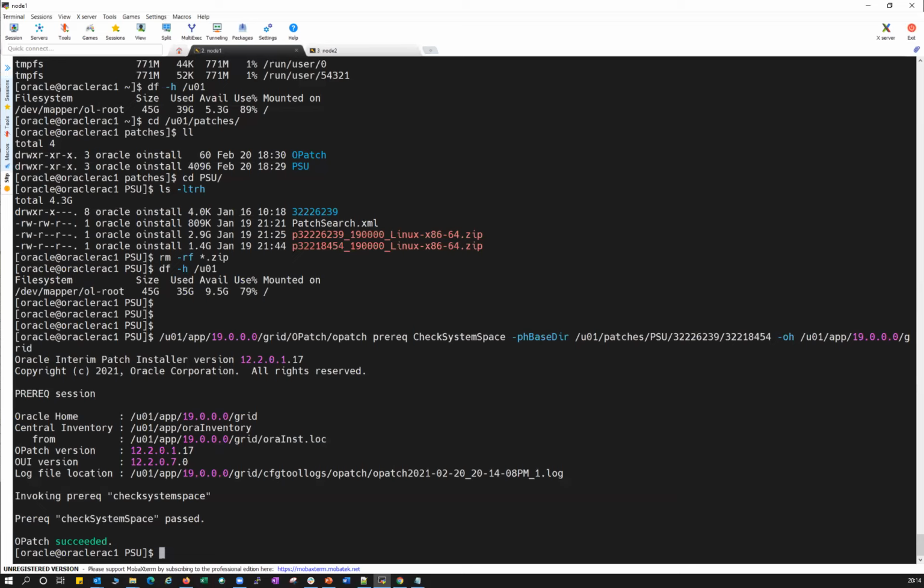Okay, there's a question: let's say in one session we are applying a set of grid patches, and we need to run the system check against the patches, is running it one time enough? No, you have to do it on all the cluster nodes, right? It is particular to that node. You have to check against all the patches. My GI home has 5 patches inside that grid patch. I'm checking against all the 5 patches.